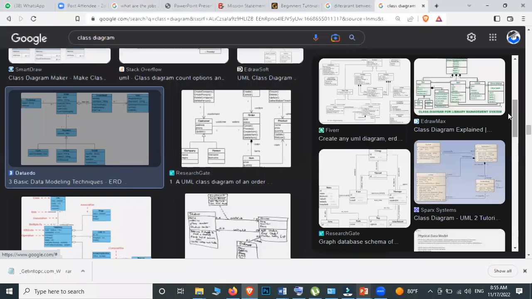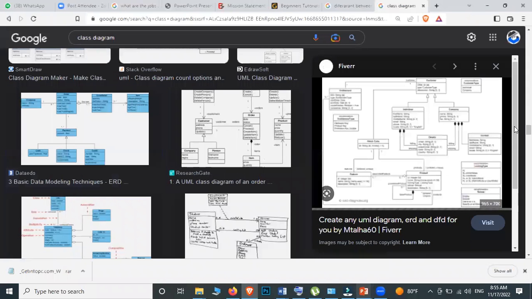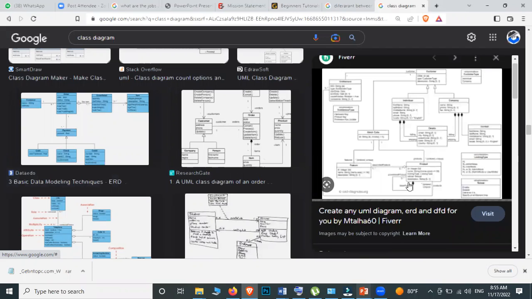So here another example has been given. Composition and aggregation relationships may relate with the same class.